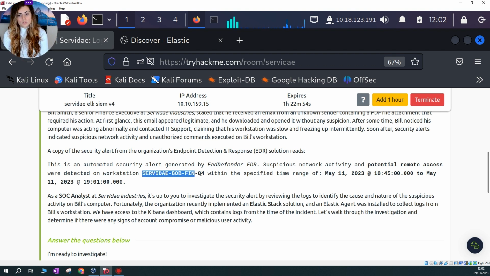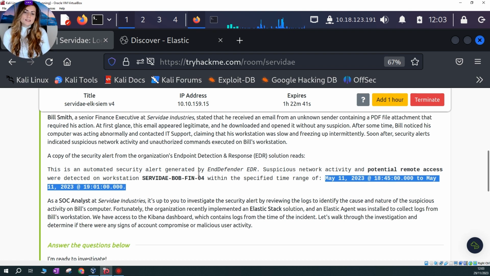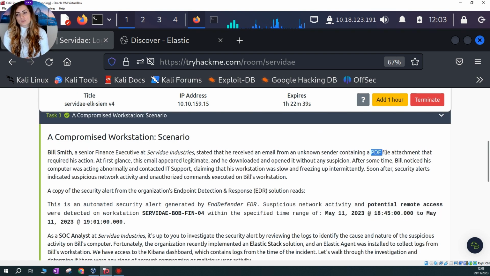So here we can see when the activity has started, but you definitely need to go and search further back and see what is going on. In this particular case, we know it's very likely and pretty much coming from this PDF attachment. Since Bill clicked on a PDF attachment, he started seeing some abnormal activity. So we know it's coming from this PDF attachment. We know what day he clicked on it, because after that he started seeing